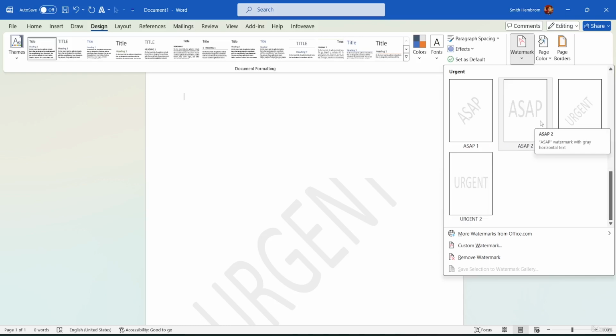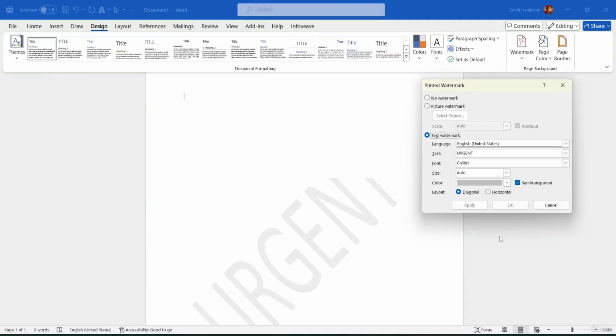If you want to search beyond the presets in Watermark, you can click on this More Watermarks option, which will lead you to another page. If you click on Custom Watermark, you can come here, and from here select this Text watermark. And over here you can select what kind of text you are looking for. Let me just go with